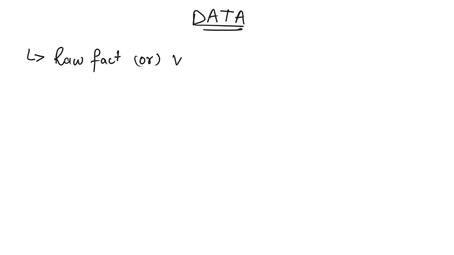So in this video, basically we are understanding about what is data. So basically data can be defined as the raw fact or value or any set of value. So basically data can be defined as the raw fact or value or any set of value when it is processed